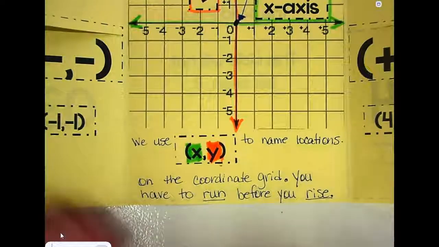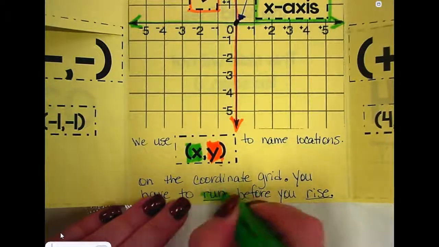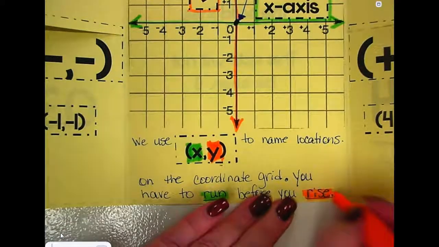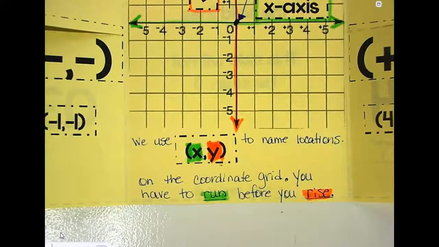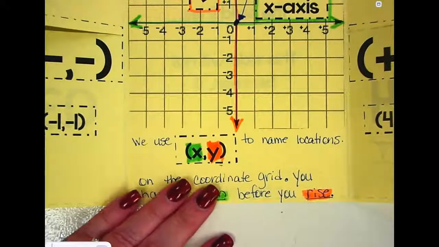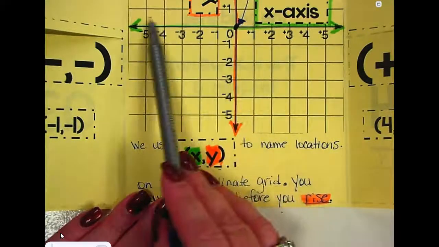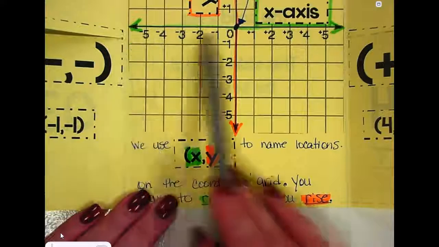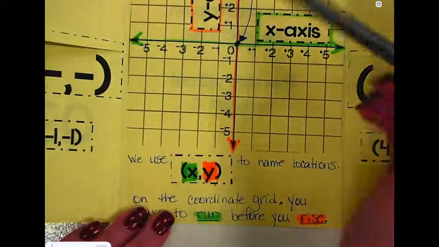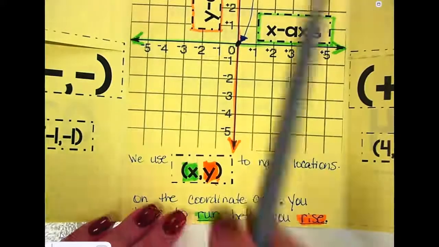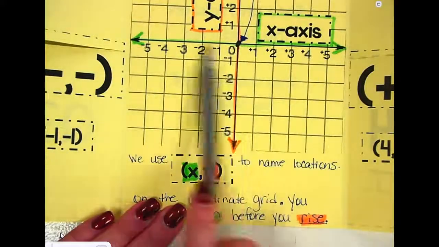Okay, the running is going to be our x. And the rising is going to be our y. You have to run before you rise. So what that means is we have to move on this x axis. We have to run one way or the other before we can rise, before we can go up or we can go down. I've often heard it called, I must walk over to the ladder